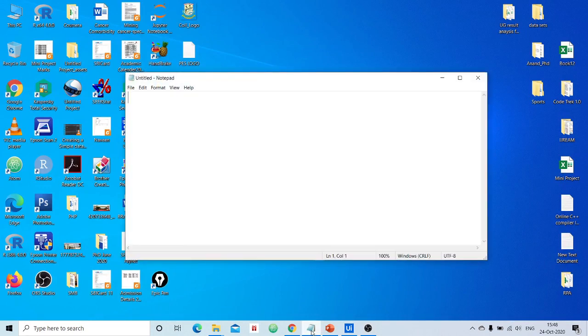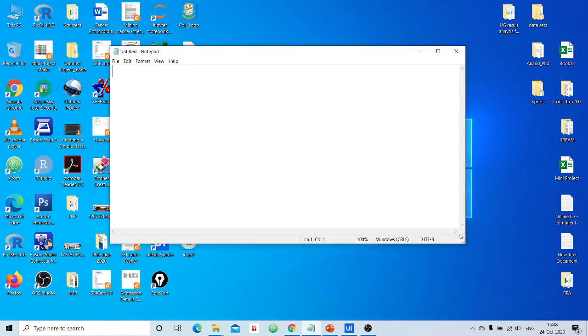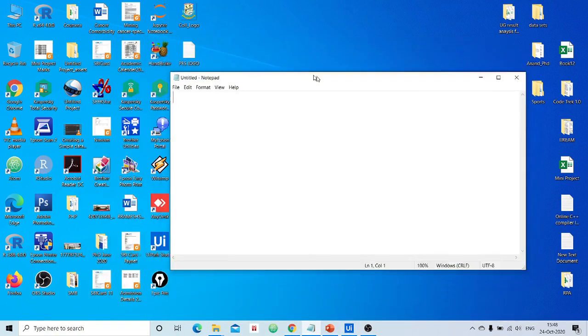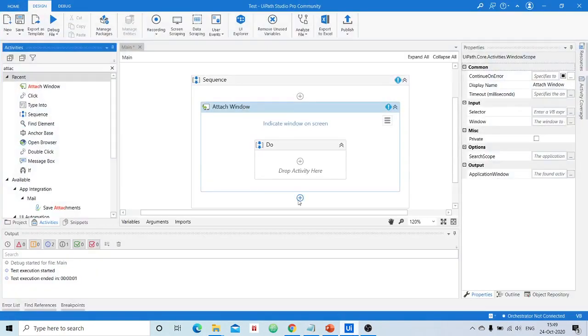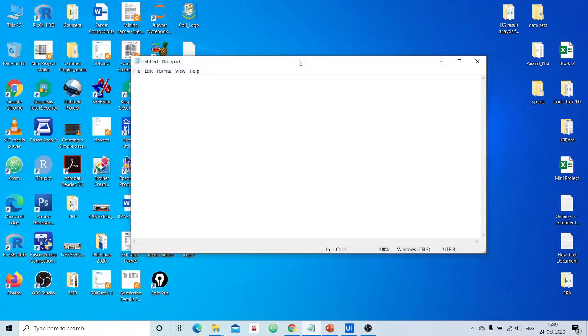Now, I will take a notepad. Now notepad is running. This is what I was telling, that it should be opened like this. Maximize or minimize, it is not a problem. Actually, minimize will create a problem. Maximize in the sense that whether it is of this size or this size, it does not matter, but it should be opened like this, so that the robot can easily identify which particular application it has to use in order to carry out the task specified by the RPA developer. Clear? Okay, then now I will use this feature to indicate I want this particular window.